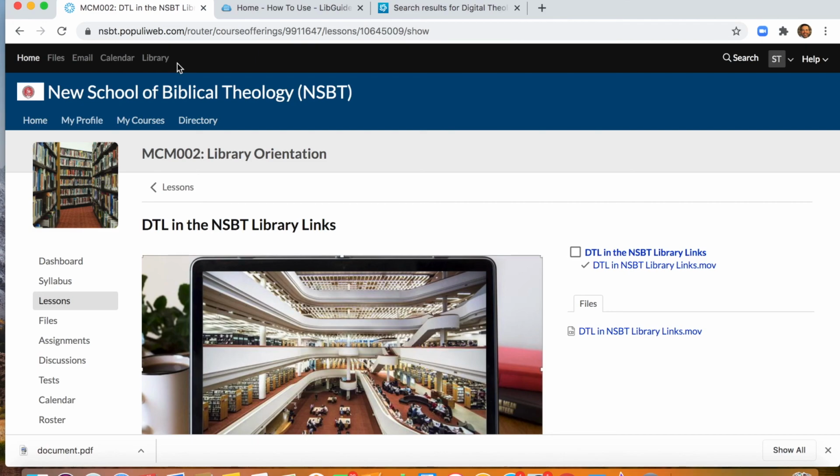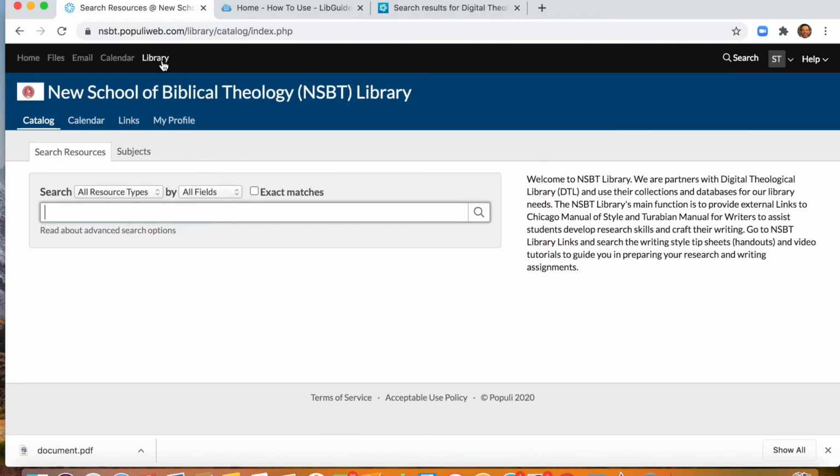Since NSBT has no physical library and DTL serves as its online library, the links feature is for now the only operational function in the library page. So if I click on this, the catalog, calendar, my profile, that's pertaining if we had a physical library, but we don't. So we only use the links. So if you click on links,